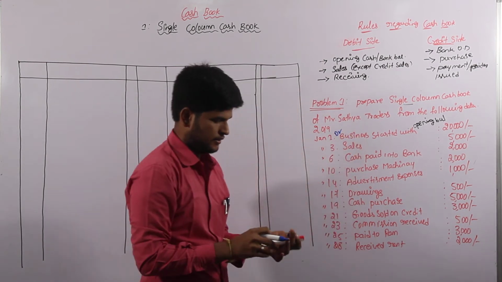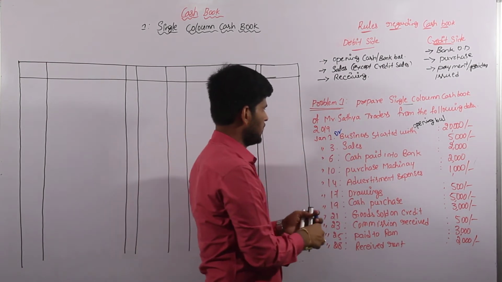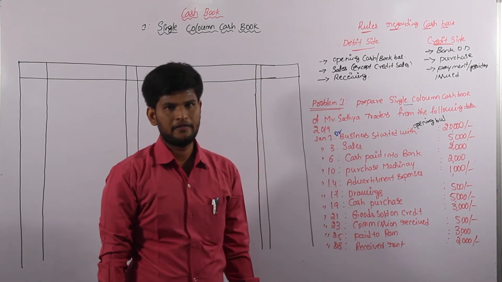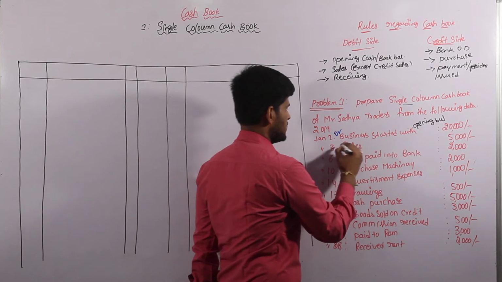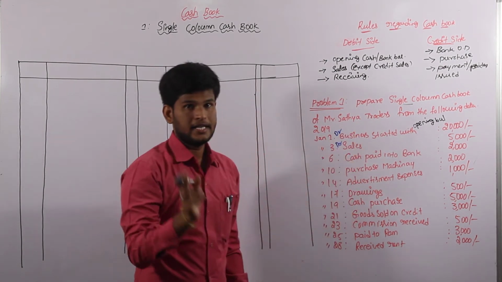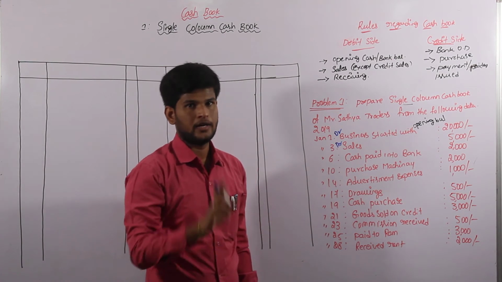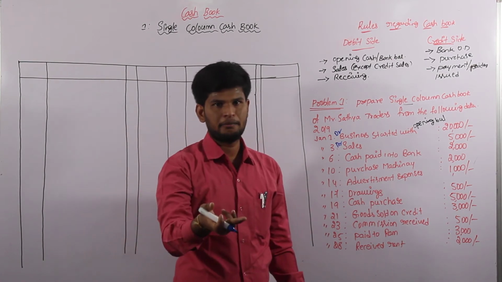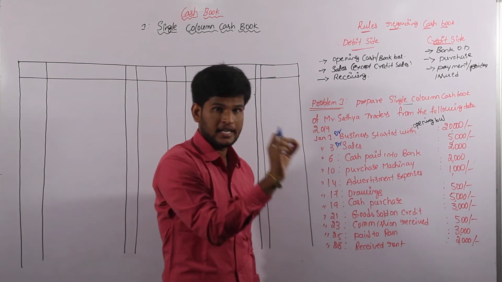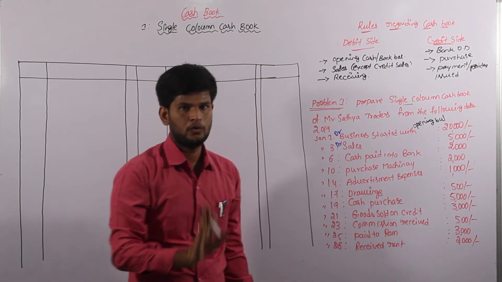So debit side. And come to the next one, sales. Sales, there is no credit sales here. We don't have any mentions. So we have to convert this into debit side. If credit sales is available, we don't want to enter. Only sales to any other person, selling any furniture, those we have to directly enter. If it is clearly mentioned credit sales, we don't want to enter.